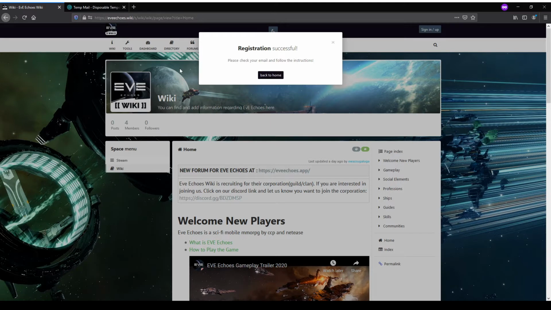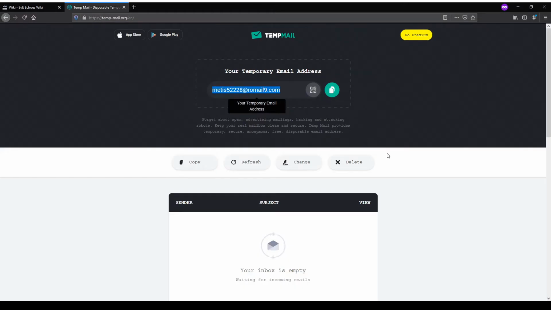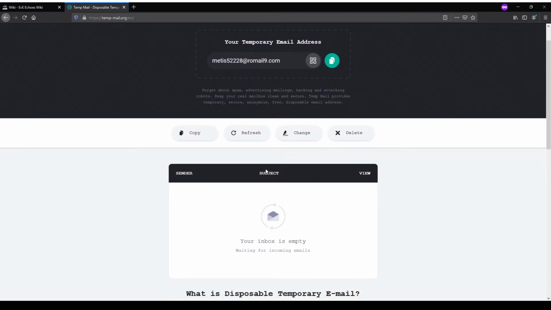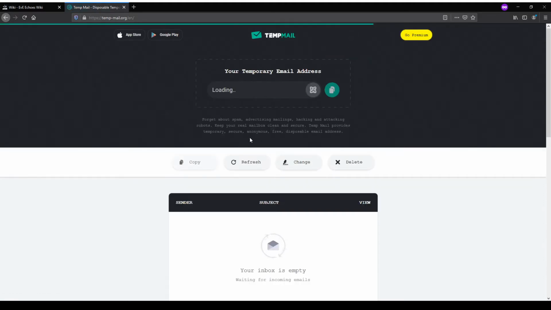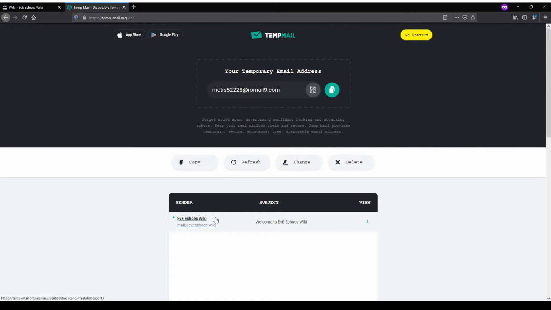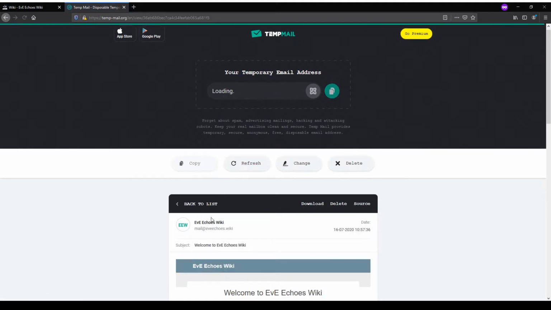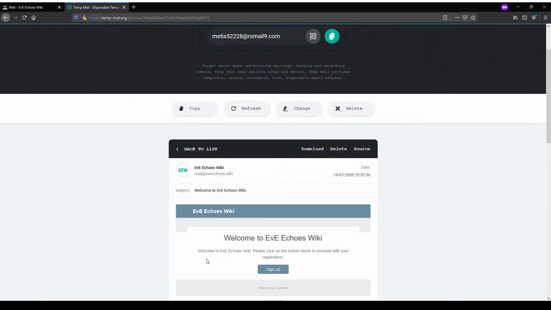What that means is that it has sent you a link that you can use to register. If you come to the temporary email box, it should appear within a few seconds. Yeah, there it is. So refreshing it helps. So you click on it. This is a simple page. Welcome to eveechoes. Please click on the button to proceed with your registration. So you click on sign up,